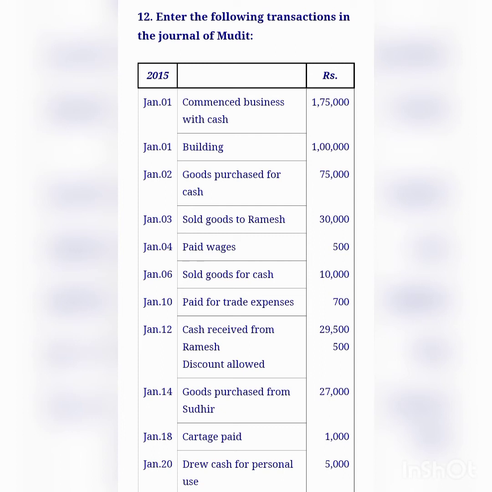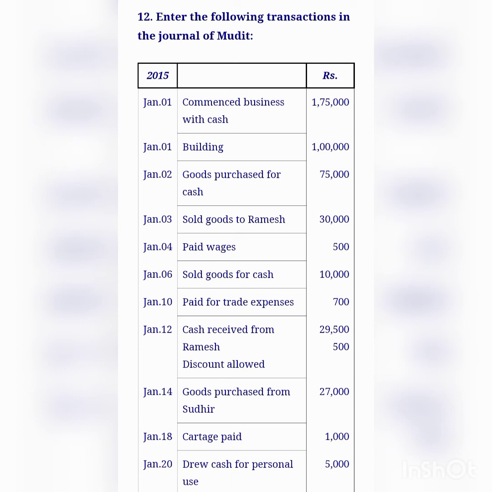The next transaction, trade expenses paid. Trade expense is an expense for the company. When expenses increase, debit that account. So we have to debit trade expense account. Then trade expenses paid in the form of cash. Cash is an example for asset. When asset decreases, outflow of cash means decreasing the balance of cash account. We have to credit cash account. So the entry will be trade expense account debit. How much? 700 to cash account 700 being trade expenses paid.